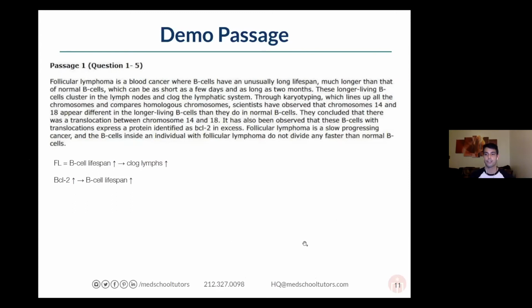When you make a flow chart, do you make them as you read the passage or after you finish reading the passage? That's a great question. I like to do it as I'm reading the passage. I think that it's just more efficient time-wise. But one caveat I'll add here is that